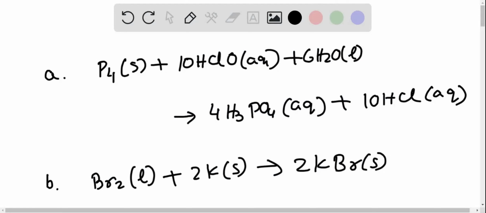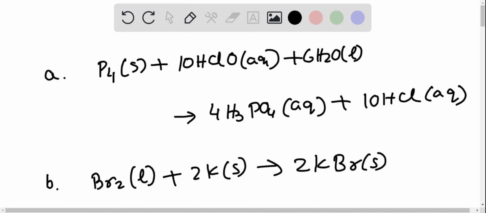We have to find out which of the following reactions is a redox reaction, and we have to mention which one is oxidized and which one is reduced. And for those reactions that are not redox reactions, are they precipitation reactions or neutralization reactions? We have to mention them. The first one,